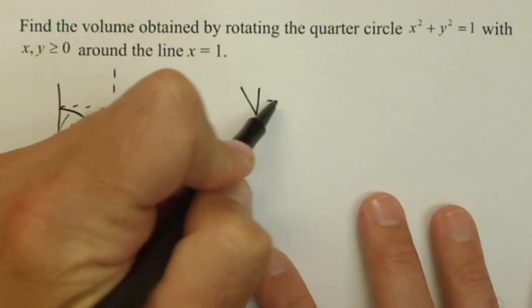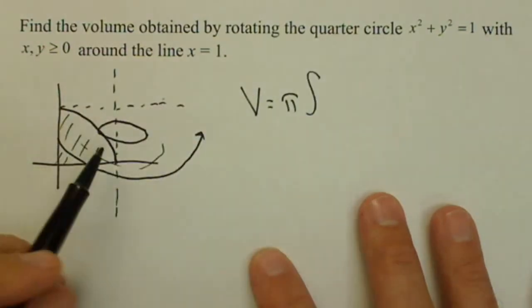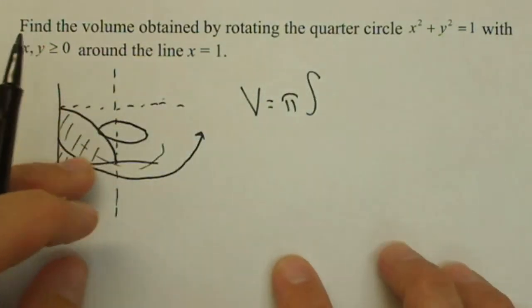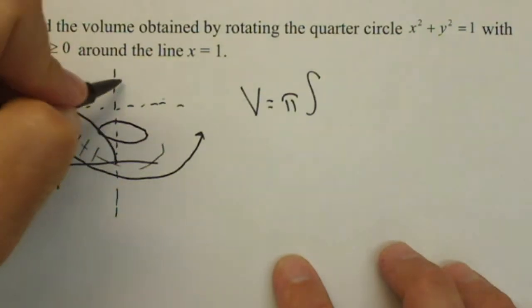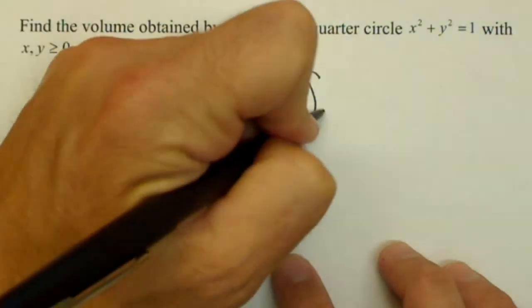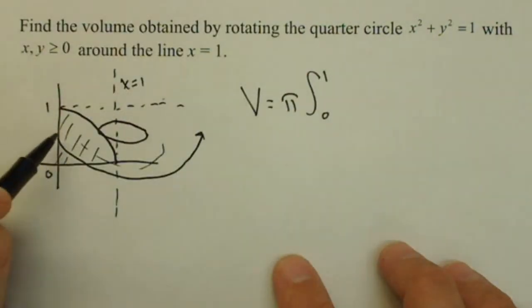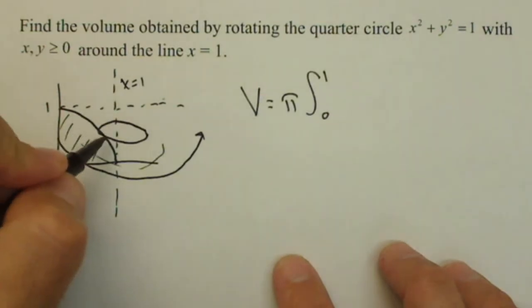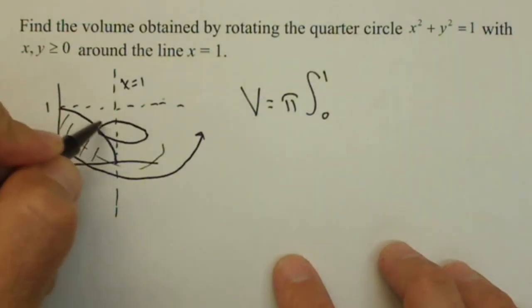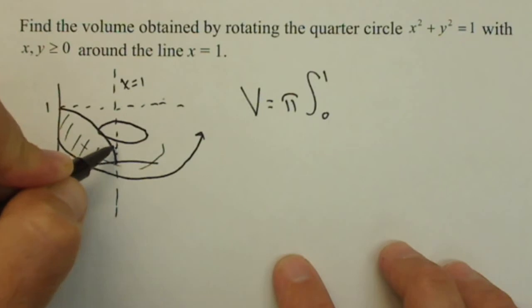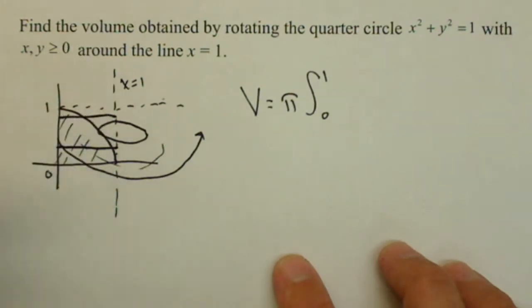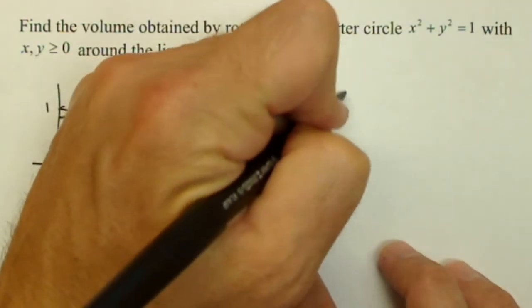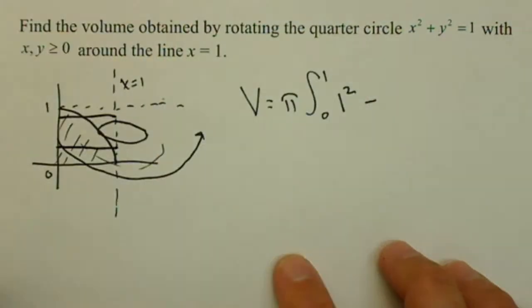So in looking for the volume, we have pi. We're going to be integrating in the y direction, and we can see that y is going to go from 0 to 1, because we know this is 0, this is 1 here. And this line x equals 1. So that works. The big radius is always the same, which is kind of nice. The distance from our axis of rotation is the same whether I check it here or here, and it's always 1. So it's going to be 1 squared is our big radius, and then our small radius is the one